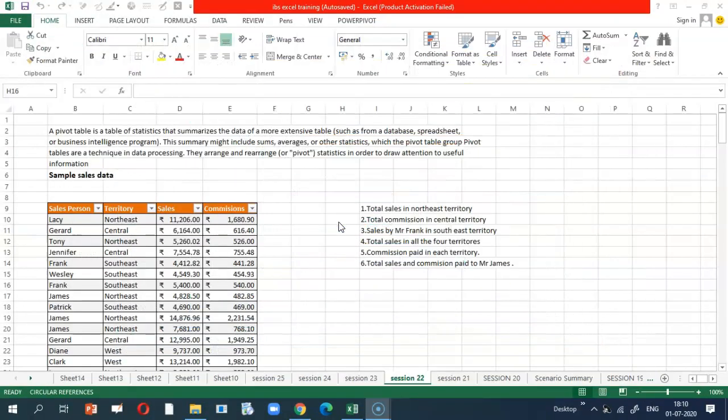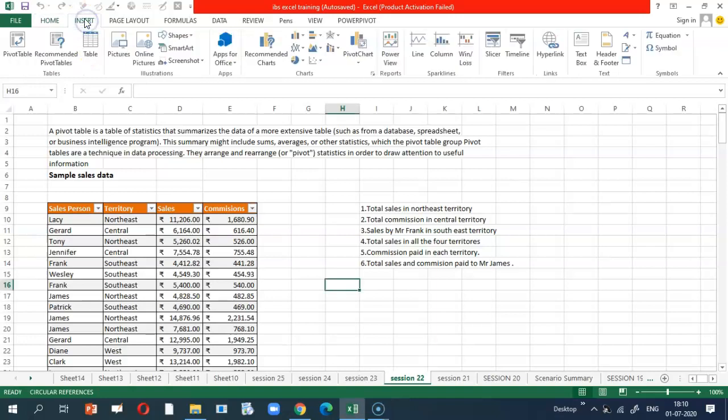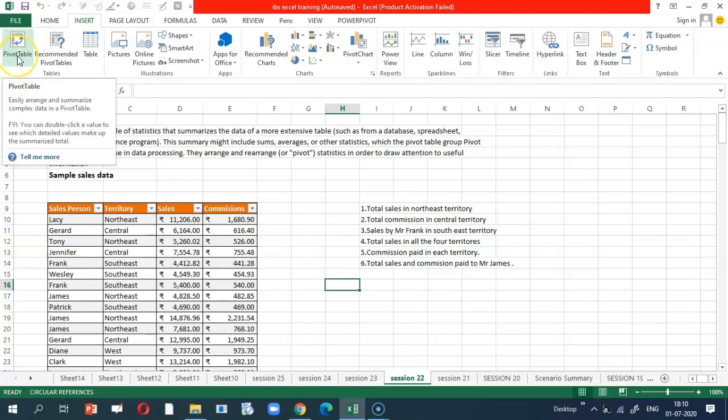Now, where is it embedded? Dear students, look at the tabs of Insert. So click the Insert tab. One can see pivot table on the extreme left. And as discussed, it is provided for the ease of arrangement and summarization of required data from a complex data set.